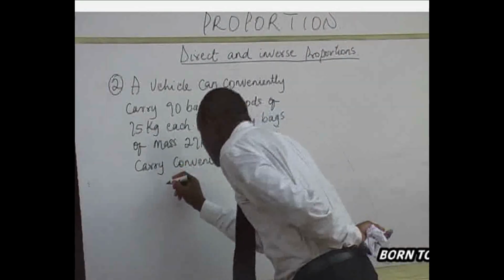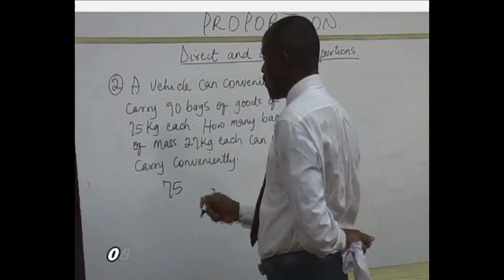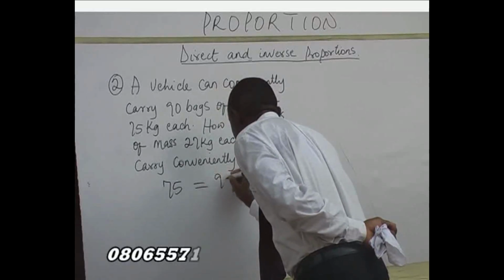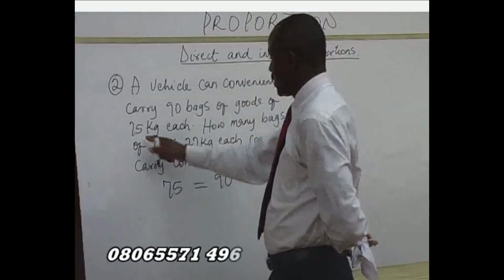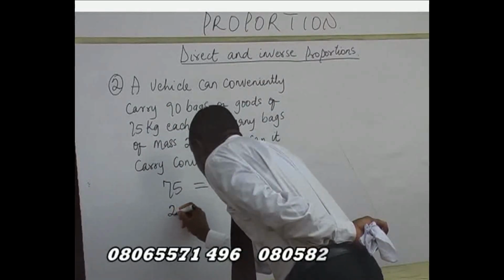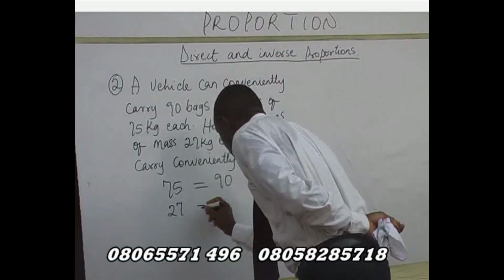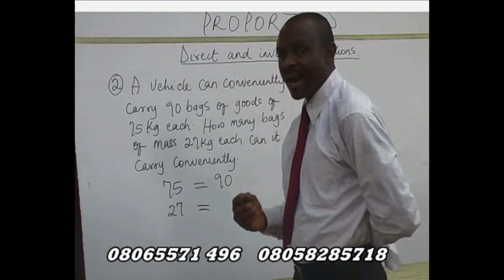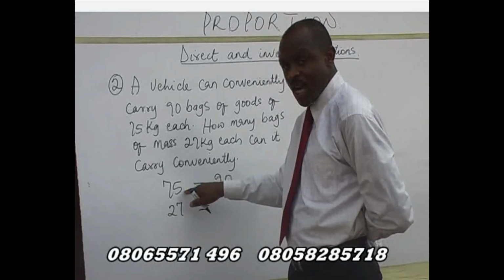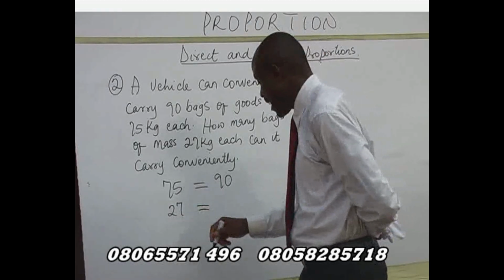Now we have 75 kilograms, 90 bags. Now 27 kilograms is going to give you, if it were in direct proportion, we could have said when less, more we divide. But now that it's inverse proportion, when less, less we divide. So we are going to have